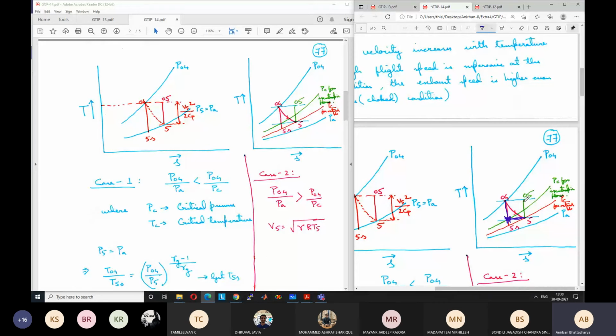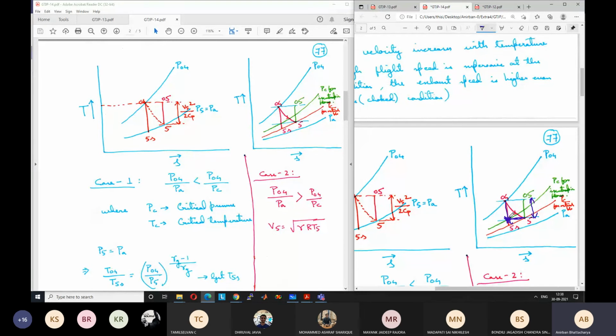So this multiplied by Cp will give the decrease in static enthalpy, and this results in the increase in kinetic energy. So the kinetic energy has reached such a level that the exit velocity is sonic velocity. In ideal condition also, this would have been the change in temperature for which we would have reached the same kinetic energy. So the nozzle would have been choked in that condition. But the pressure at that point would have been different. It would have been higher, as you can see from the constant pressure line.